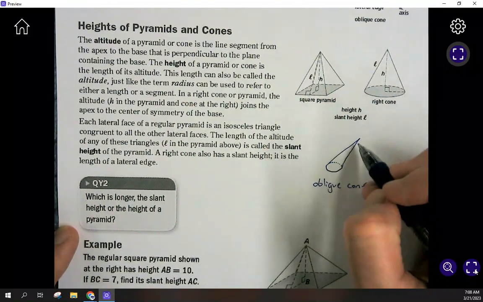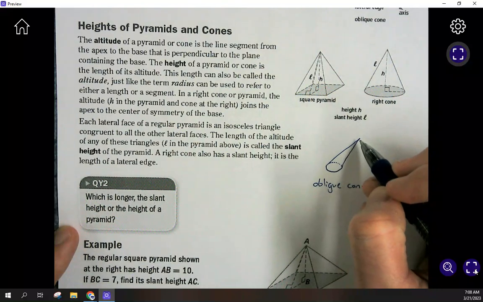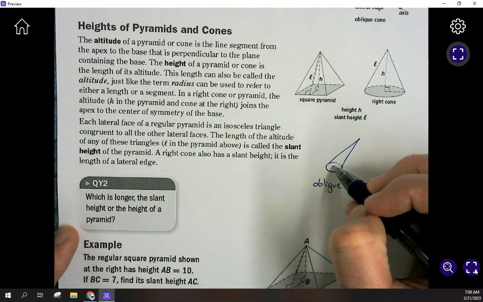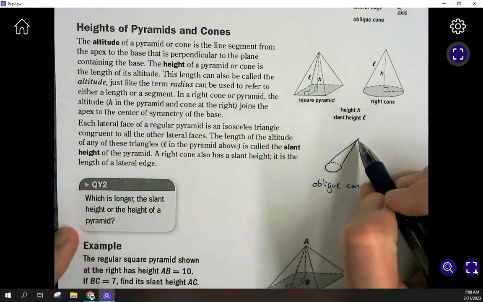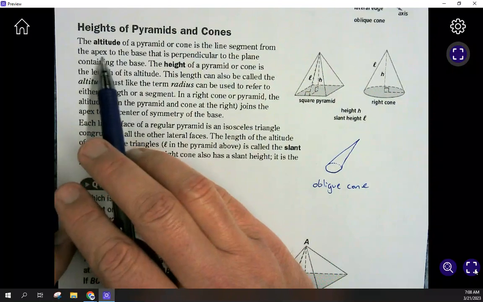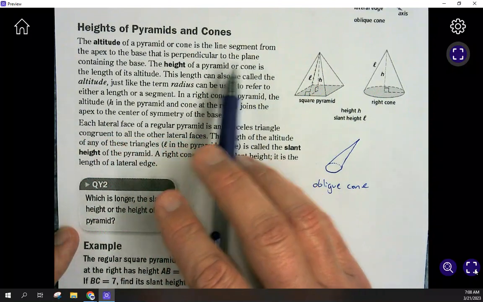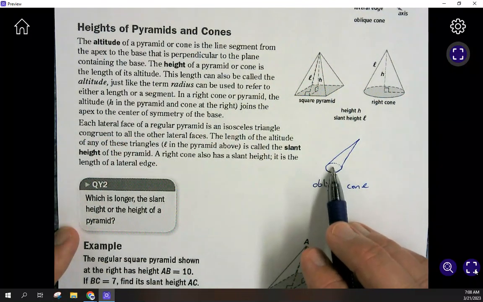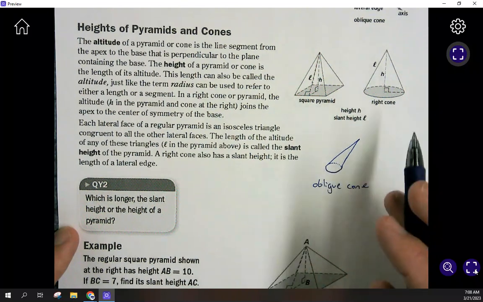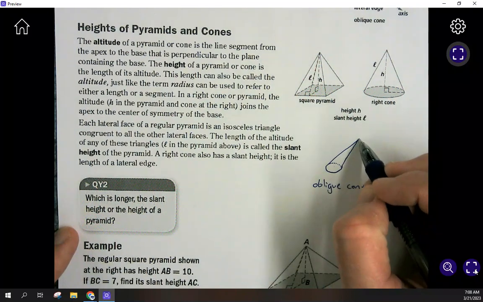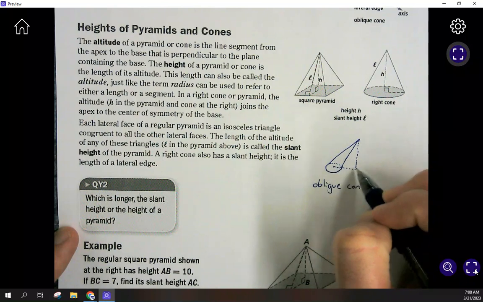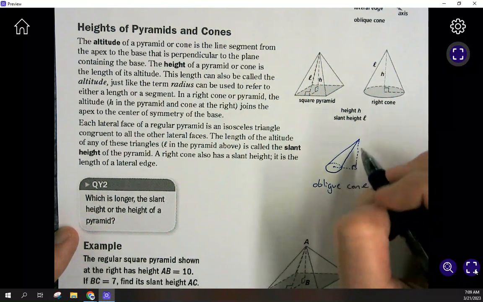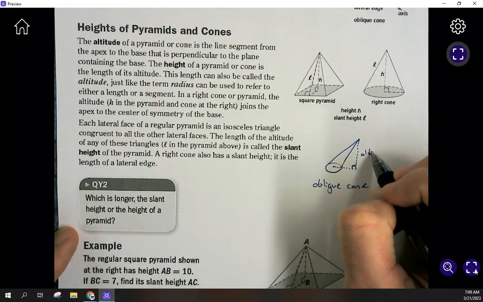And the altitude here is not going to go from here to here. We never measure height on a diagonal. So to go back to the definition, it says it's the line segment from the apex, which is right here, to the base, perpendicular to the plane containing the base. So it doesn't actually have to hit the base. We don't have to go diagonal here and create an angle that's not 90. Altitude and height is always measured 90 degrees. So it's going to be from here straight down, and the angle that it's going to form there is your 90 degrees. So this can be your altitude out here,